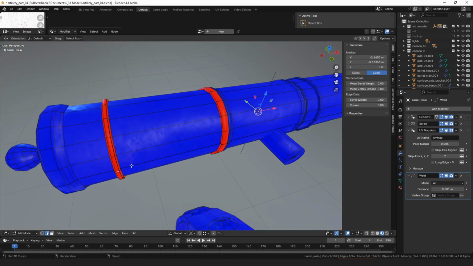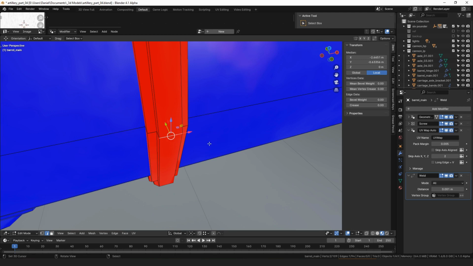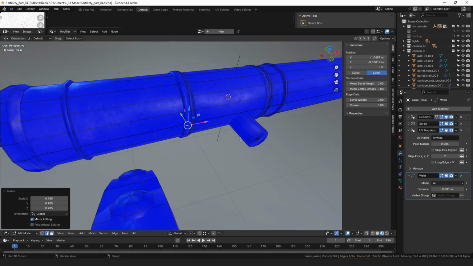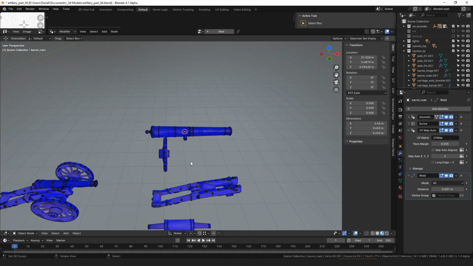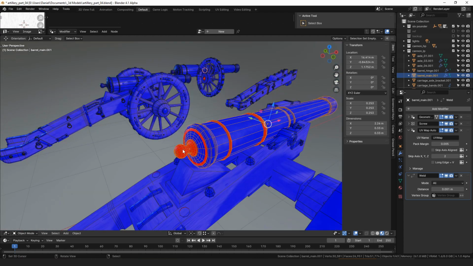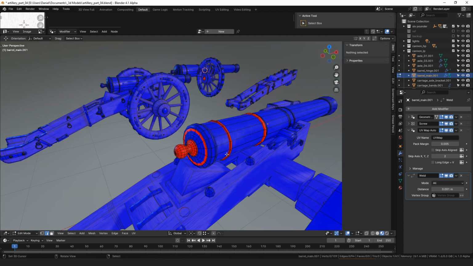And then on these, it's because it's perfectly square for some reason, it doesn't like that. So if you just scale it the tiniest bit, it will flip around. All right, we have to do that here too. This we can just actually